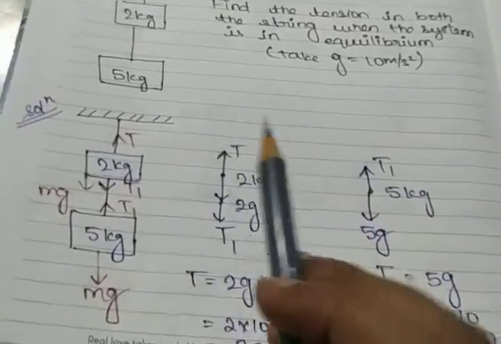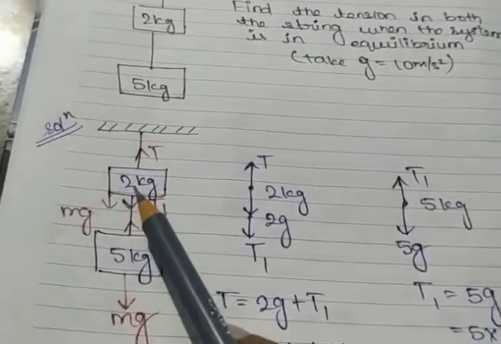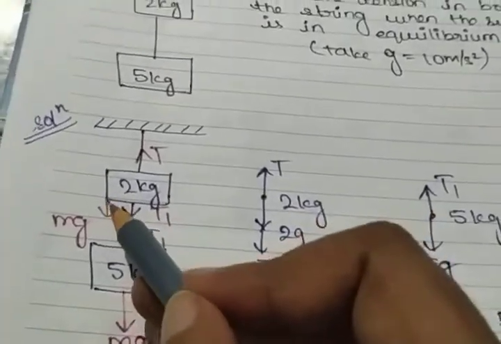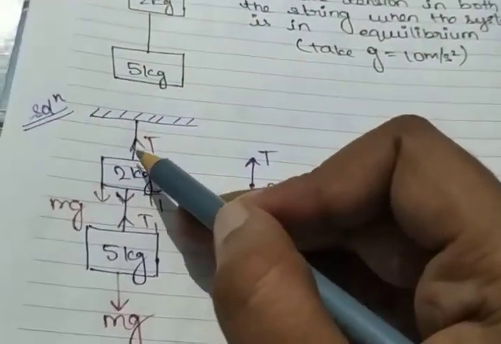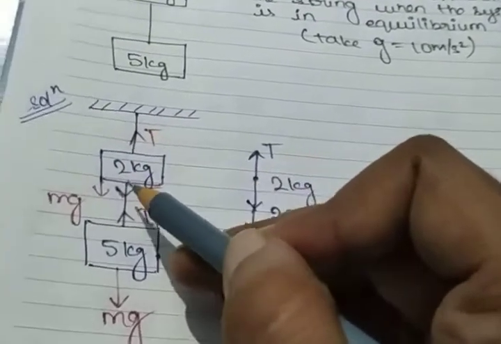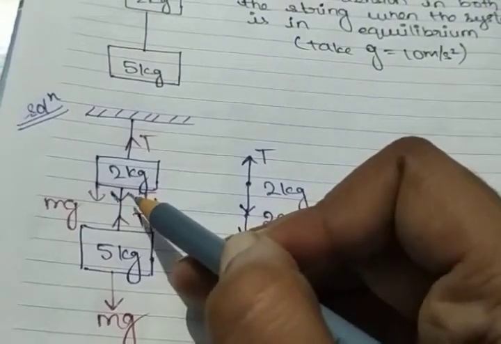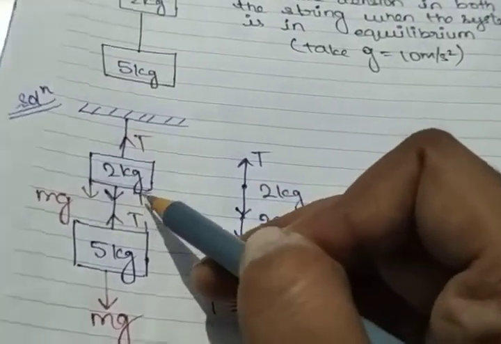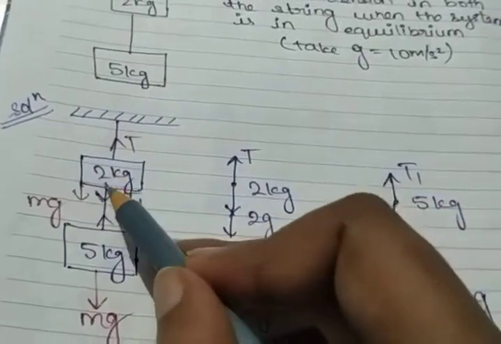According to the free body diagram, first let us see what forces are applied on each block. On the 2 kg block, the weight mg is pulling it downwards. Let me draw it like this: mg pulling it downwards. Now in this wire, tension is always away from the body. So in this body, tension is applied like this. Again here is another string, so another tension is applied away from the body. This string is different from that string, so there is a different tension for a different string. Here T, here T1.